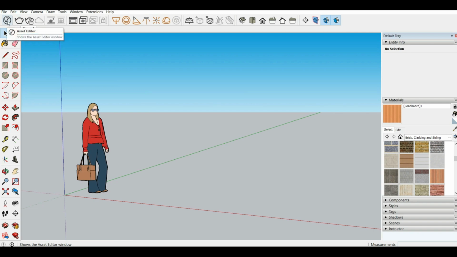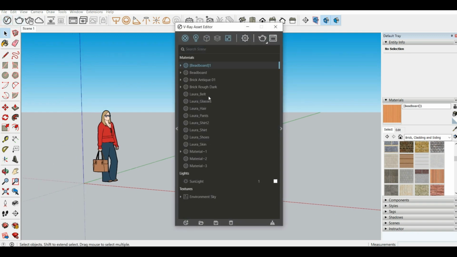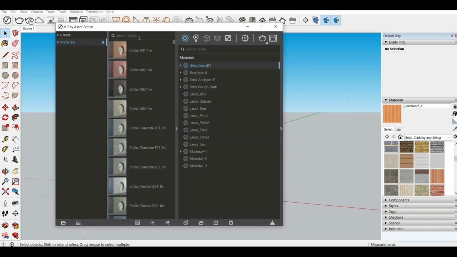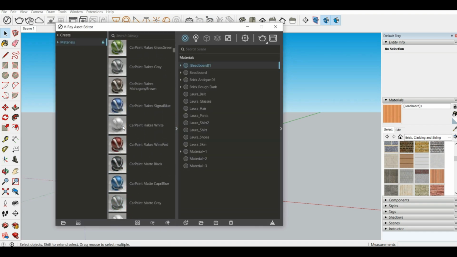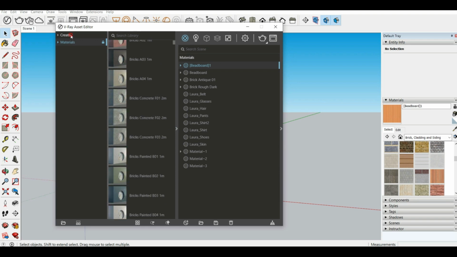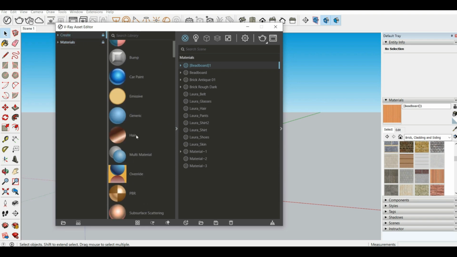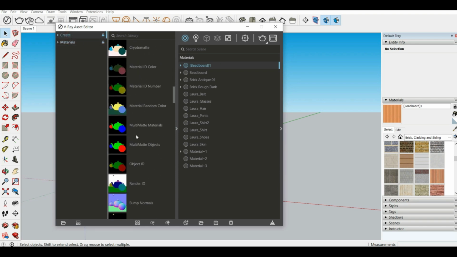So I'll open the V-Ray asset editor first. All I need to do is a left click here and wait for it to open. Okay, so here we go. So this is the dialog box, and first is the material tab. So click on the materials tab and then click on this arrow in the left hand side, and a sub window will appear. So here you can see the inbuilt material that V-Ray is providing,